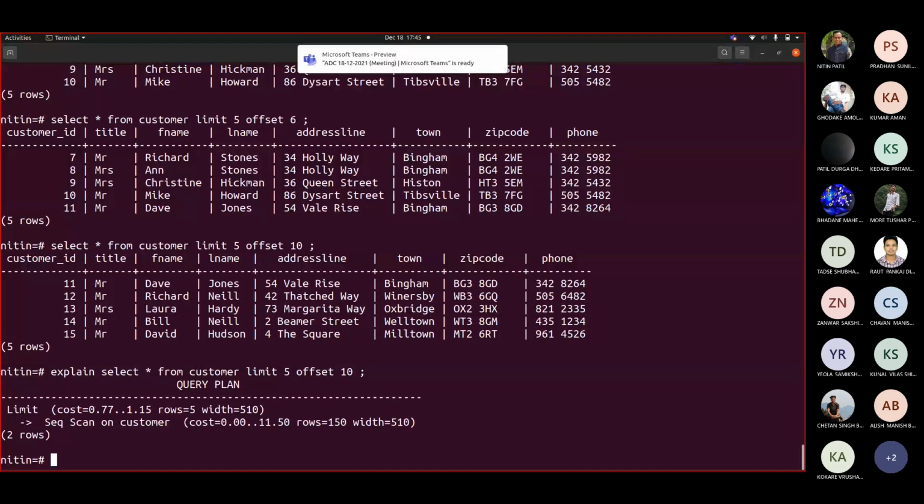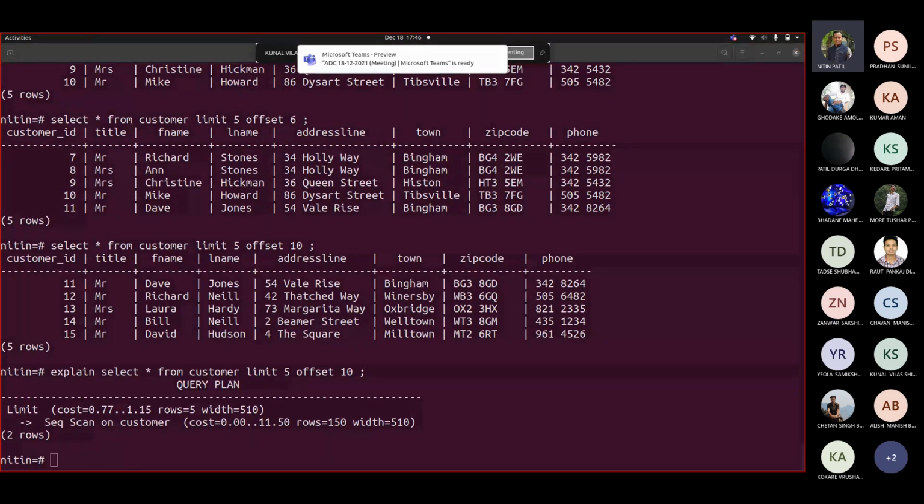Okay, good. Another one would be index scan. Okay, then sequential scan. Correct. Now limit. Right, then we saw limit. So these were the 4 that we saw. Similarly, we saw sort as well.